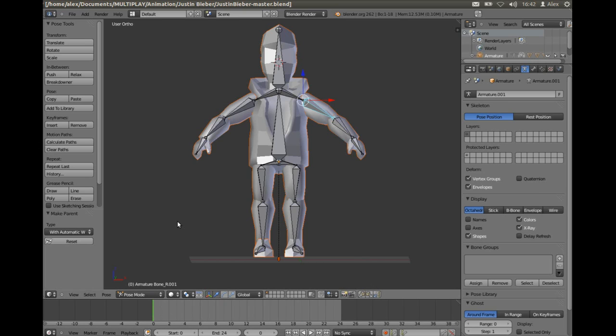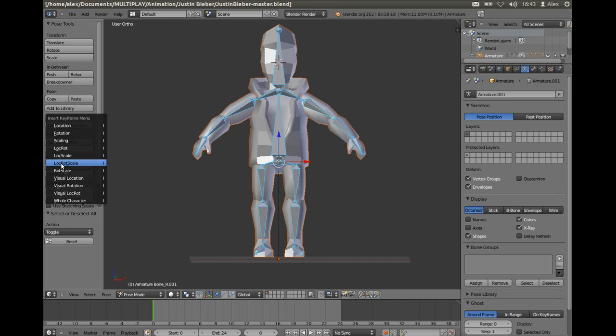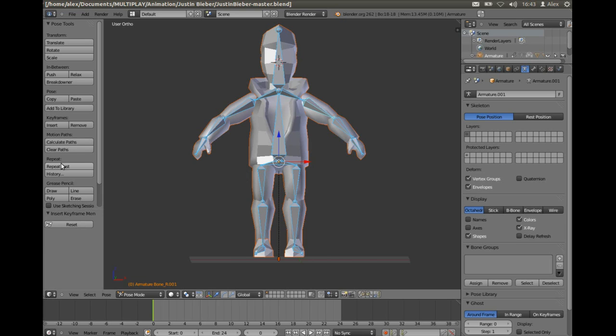Say that we want our character to look exactly as it is now on 0 frames. We have to first press A to deselect the bones, press A again, which highlights all the bones. Once we've highlighted all the bones, we want to insert a keyframe. So over here on the left, we press Insert, Loc, Rot, Scale. That stands for Location, Rotation, Scale. Let's just use this one for the time being. So we click on that. I'll move the green marker away, and you can see now there's a yellow marker. What that's done is